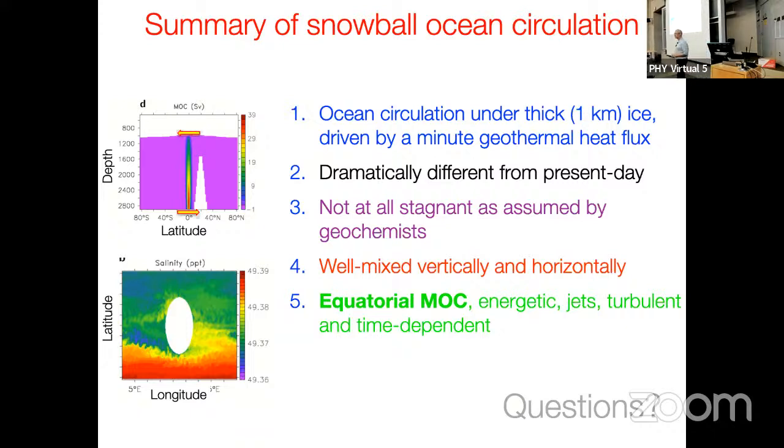Yes. Does the position of the equatorial overturning depend on it being close to where that ridge is, or is it only because of that 1 over y to the 4 dependence? Could there be some dependence on y minus whatever the latitude? I'm going to have to guess, but I'm guessing that if you move it a little bit, it would still be at the equator, because these dynamics that we talked about are sort of general, and also in the three-dimensional models that we've run, some of them have more realistic snowball Earth geometry, you still get that sort of thing. So I think it doesn't depend on where the ridge is and so on.